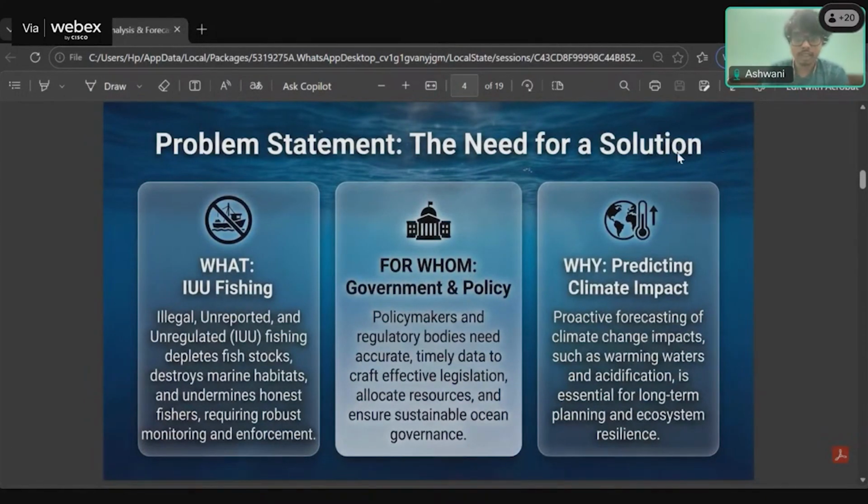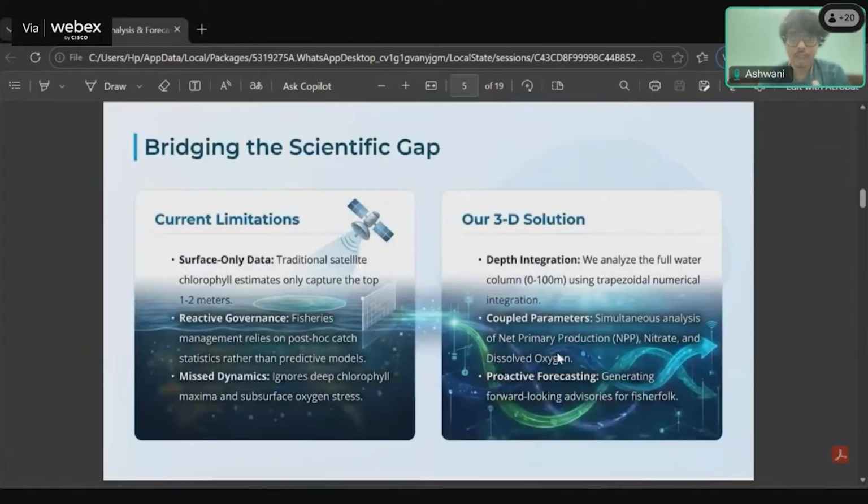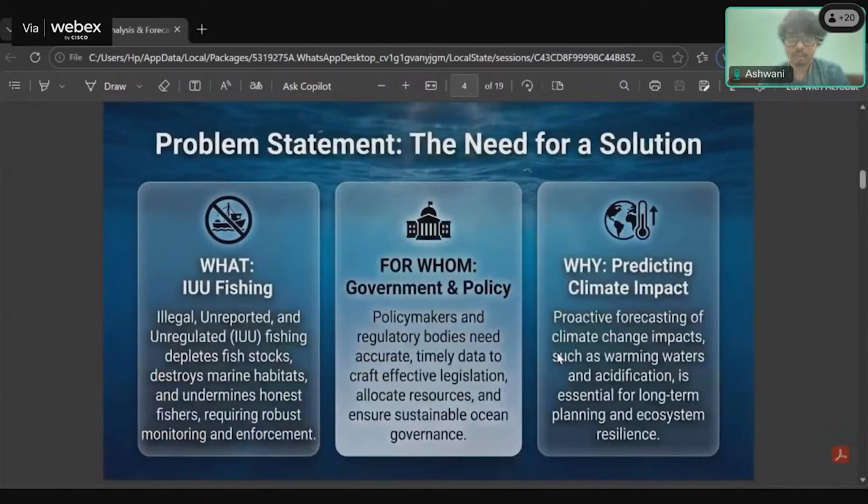Along with this, it is also essential for livelihood and policy making. Like if the government knows how the fishing trend will be changing with time and area throughout the ocean regions, there will be better policy making of when to ban the fishing in particular regions and when to restrict it. Along with this, this will also help us in stopping IUU fishing,